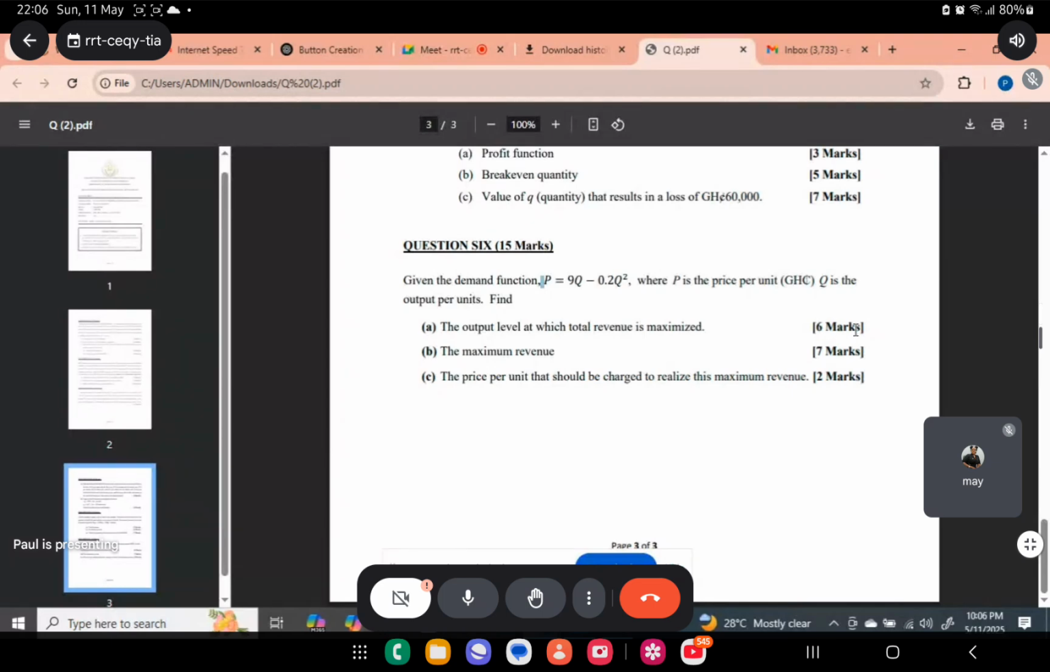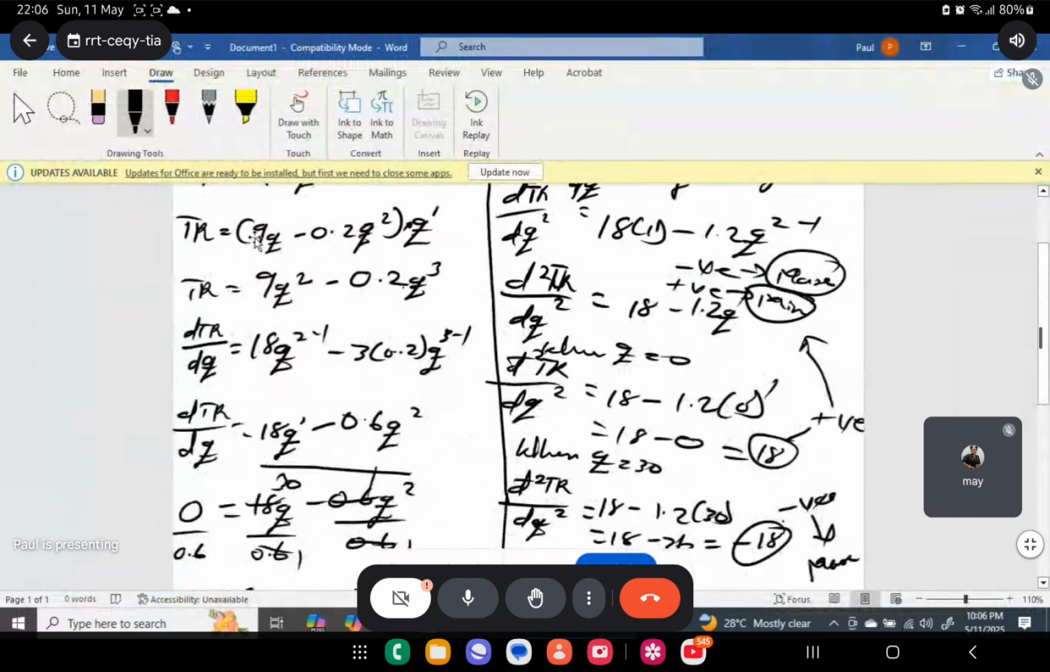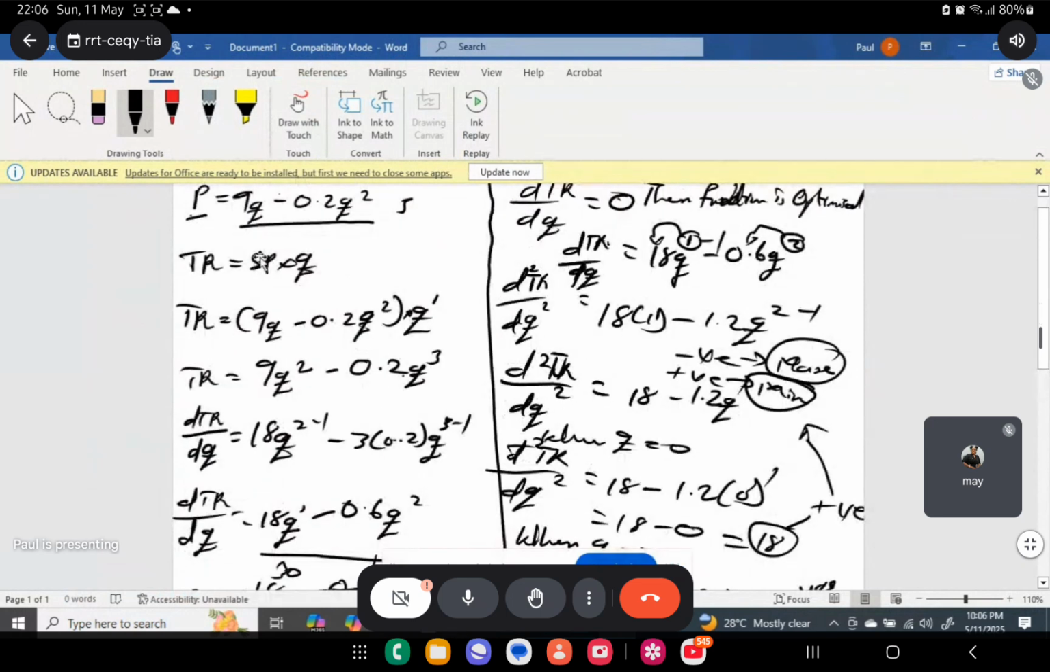Now, first of all, we have to know the total revenue because they didn't give us total revenue. They just gave us a price function. But by virtue of what we know, total revenue is equal to price times quantity. So if you have the price function, you multiply it by quantity to get the total revenue. If the price was, let's say, 50, you multiply the 50 by Q to get your total revenue. Do you understand? Likewise, in this question,